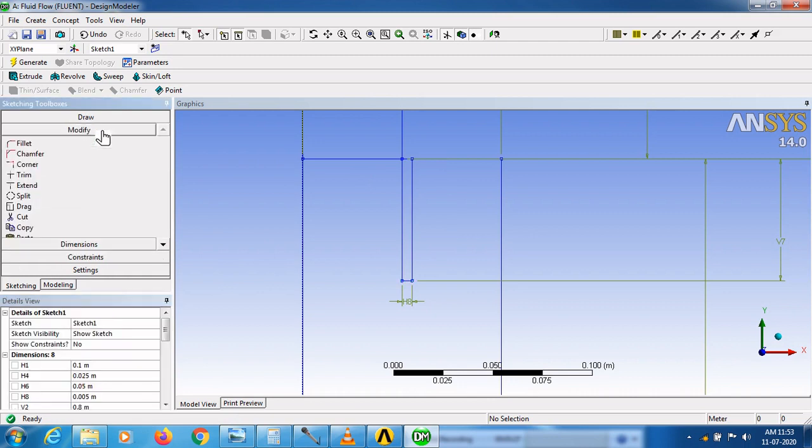After giving these dimensions, go to the modify tool and select the trim tool and trim the unwanted lines.